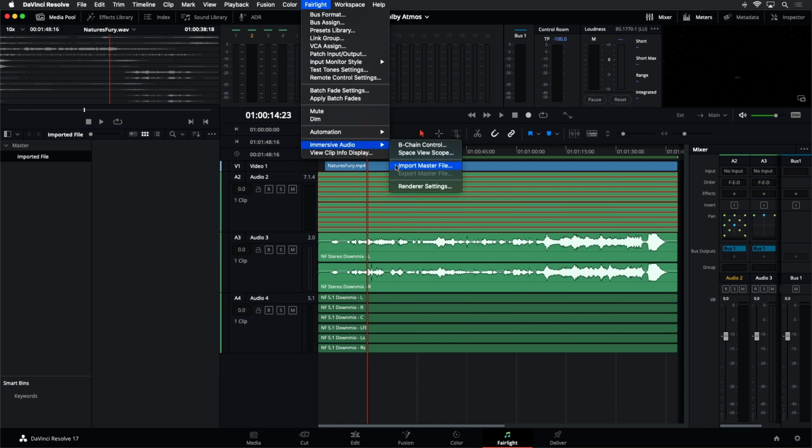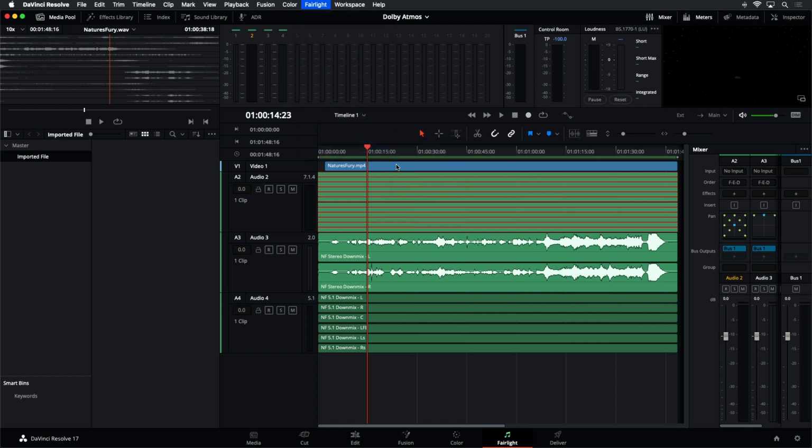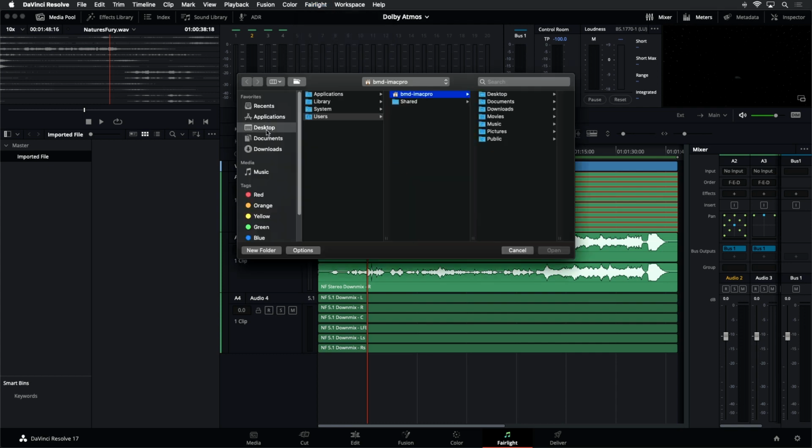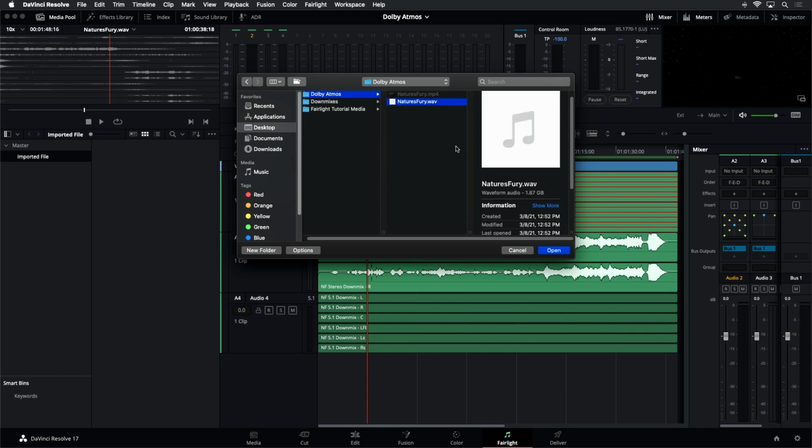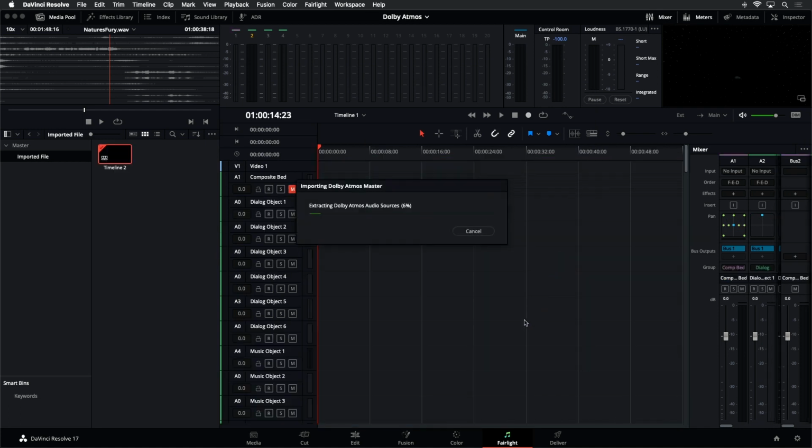If you import the master file using this method, you'll actually get the entire thing, all the content, the objects, the metadata, everything. So here we go, importing it. It's on my desktop in this folder. There it is. It's just that broadcast wave file, the ADM. I'm going to click open and give it a second, and what you'll see is it's created a brand new